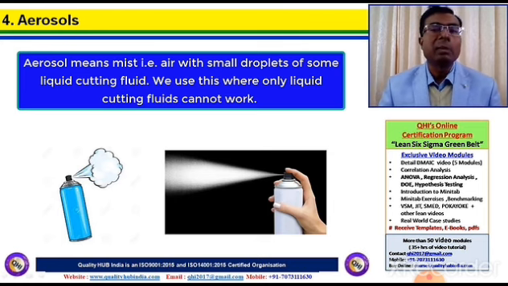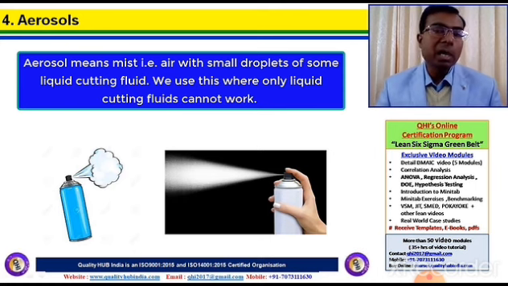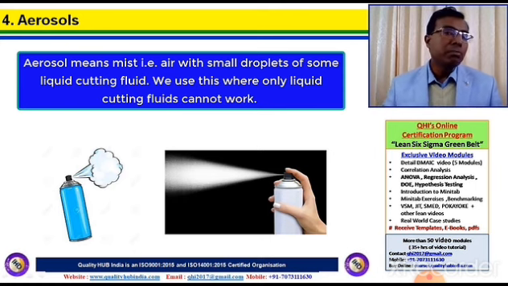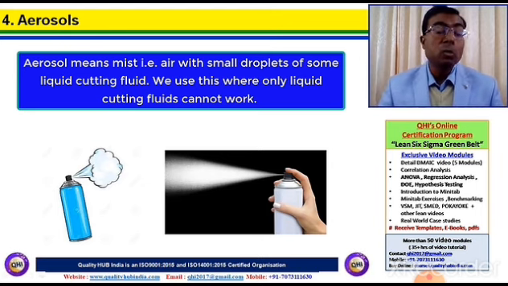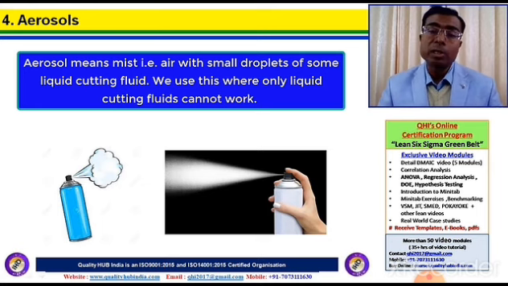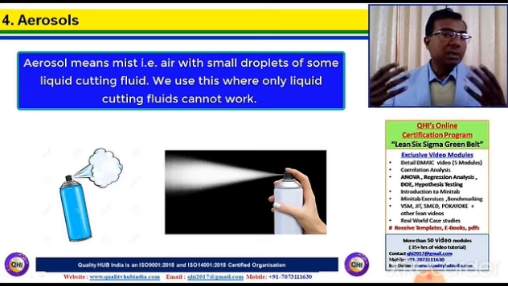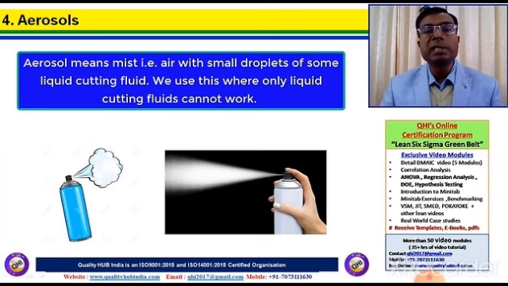इसका इस्तेमाल हम लोग वहां करते हैं जहां पर सिर्फ कटिंग फ्लूइड का इस्तेमाल करना पॉसिबल नहीं होता है। हालांकि यहाँ पर एक नेगेटिव पॉइंट ये होता है कि जब हम एरोजोल का इस्तेमाल एज ए कटिंग फ्लूइड कर रहे हों, अब चूंकि ये मिस्ट के तौर पर इस्तेमाल होता है तो ये एटमॉस्फेयर में उड़ता रहता है, और जो ऑपरेटर वहां पर काम कर रहा हो उसके हेल्थ के लिए एडवर्स इफेक्ट डाल सकता है। तो इसके लिए प्रॉपर सेफ्टी और प्रॉपर वेंटिलेशन की जरूरत पड़ती है जहां पर हम एरोजोल को एज ए कटिंग फ्लूइड इस्तेमाल कर रहे हैं। तो दोस्तों ये चार तरह के ब्रॉड लेवल में कटिंग फ्लूइड्स हो गए जो कि हमने देखा, यानी कि लिक्विड, सेमी सॉलिड, गैसियस और एरोजोल्स।